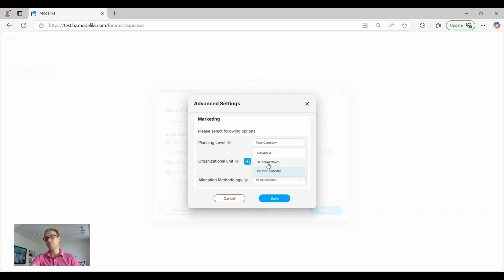Or you have a percent breakdown methodology, and this is where you can define manually what percent of a specific cost to be allocated to each unit. In some cases, this is a useful allocation methodology where you actually enter the percentages of the cost that should be allocated to different parts within the organization. And then there is a third option: do not allocate. If we do not want to allocate this cost all the way down to the stores, we can just select do not allocate, and that cost will stay at a company level, but it will not be shown as a cost